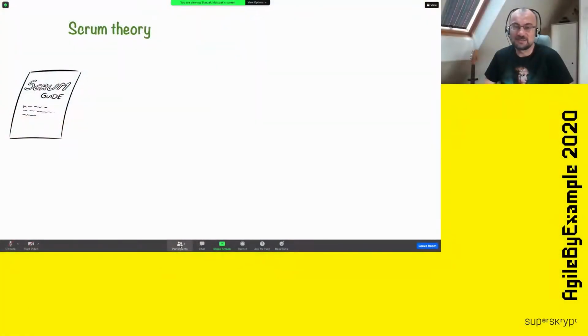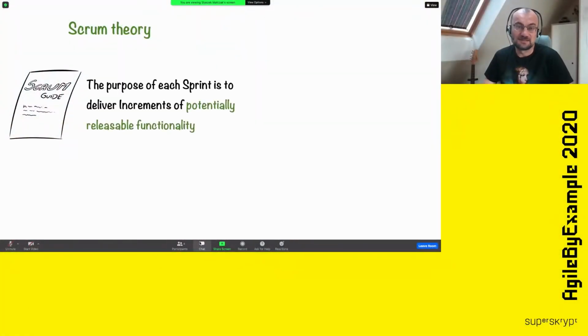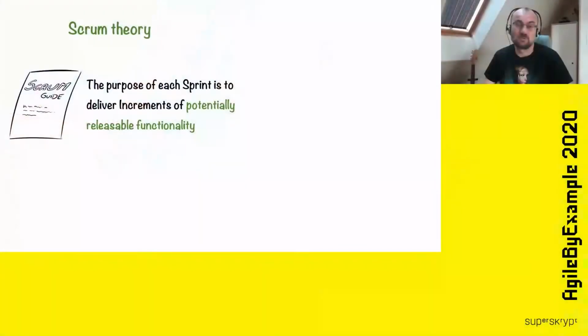If we open the Scrum guide, there are a lot of sentences there, but one sentence is really important to me. And this is this sentence, that if we finish the sprint, we should finish the sprint with something which is potentially releasable, something which is ready to be deployed on production server, or something which is ready to be given to end customers. So in other words, if we have some change, for example some commit, and we have a moment of time when we see that this change is done, is ready to be given to customers, then the time gap between these two moments should be quite short. So in Scrum, by definition, this time should be no longer than one sprint.